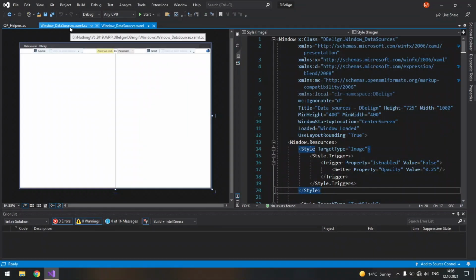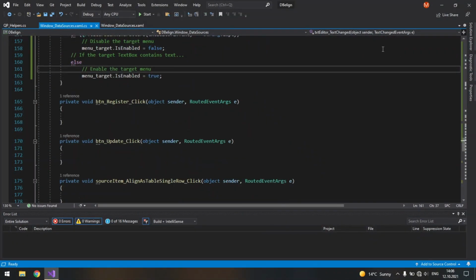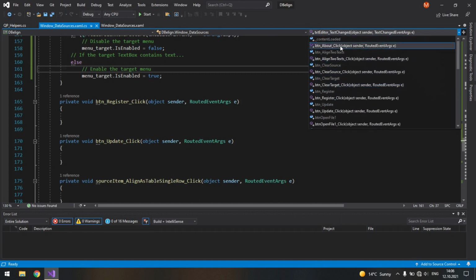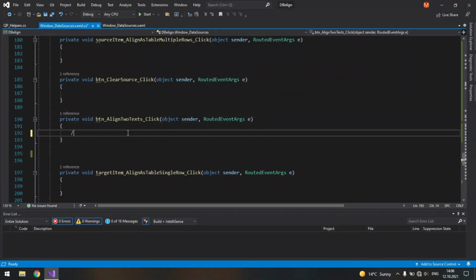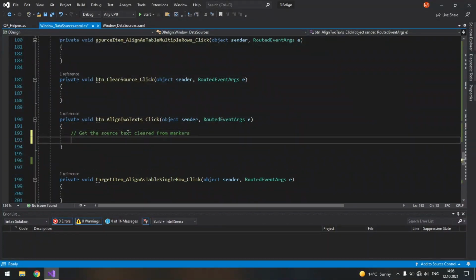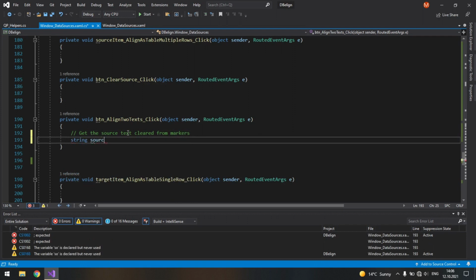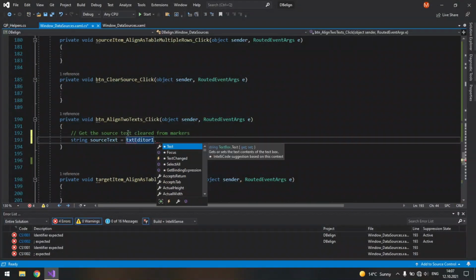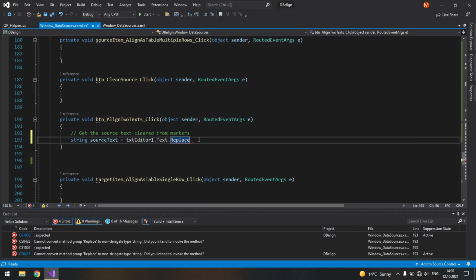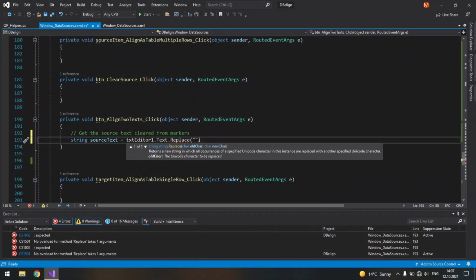So mainly we will just deal with text processing. Let's go to our button align to text. First we will get the source text cleared from markers. So string source text equals txt editor1 dot text dot replace, and here in braces we type the marker